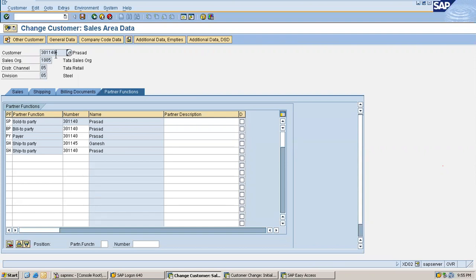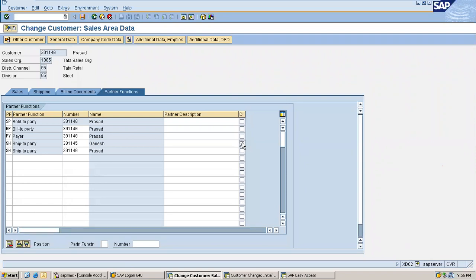There is a question, right? If I select a default checkbox, let's say I selected the default checkbox. See, this is D, which means default. So default means whenever the customer misses maintaining the ship-to party in purchase orders, then by default you have to send goods to the one who is marked as default here. That is the use of this default option. Okay, clear?